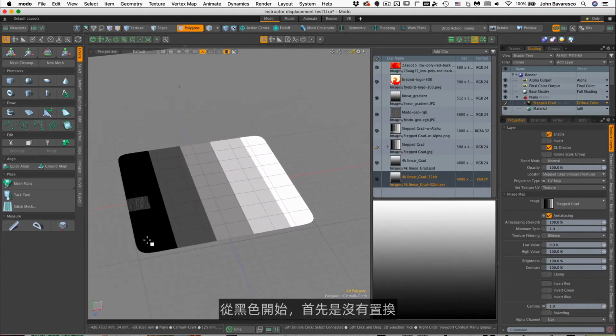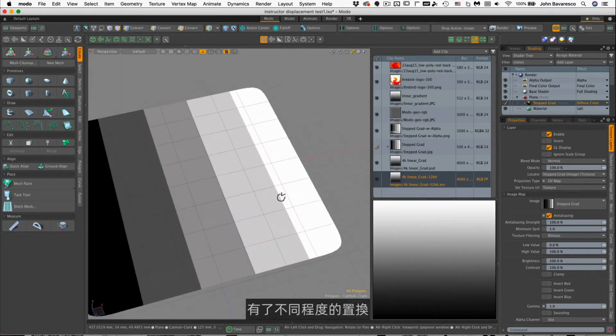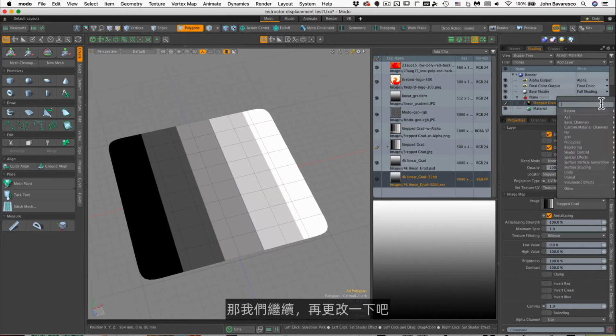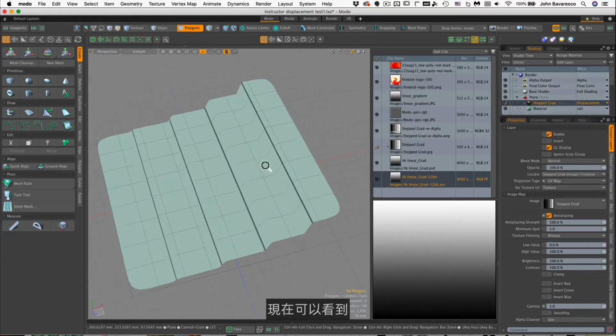So from black, you will have no displacement, and with the various gray levels in between, you will have various degrees of displacement. Okay, so let's go ahead and change that, go to my recent here, displacement, and now you can see that. All right,